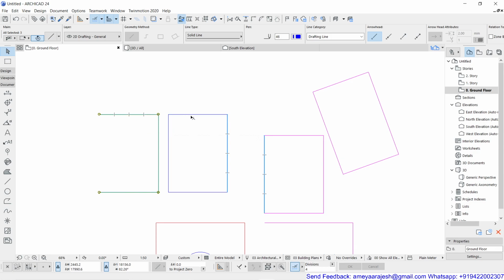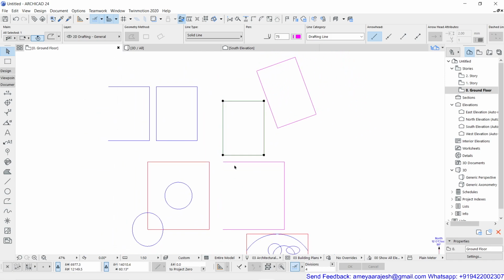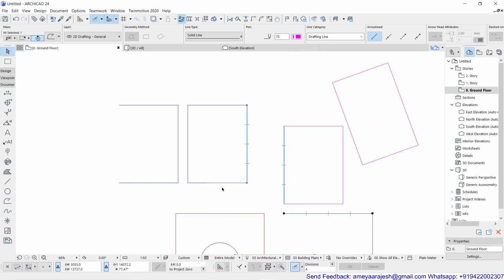So this is supposed to be a group object, and this is supposed to be your single entity, right? Whether you have drawn this polyline, or you have just drawn these three segments, and whether it's a closed or open diagram, remember that's not going to affect it, but that's supposed to be a single object.